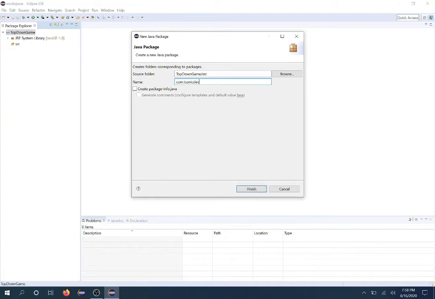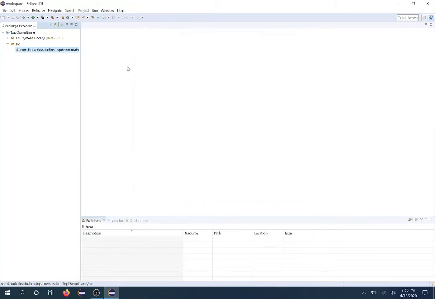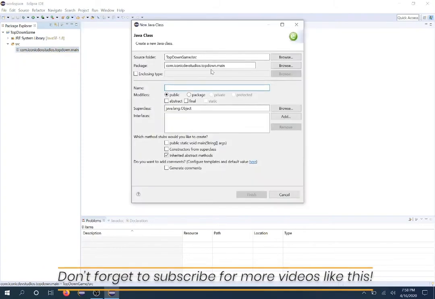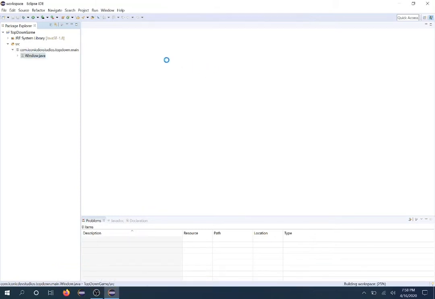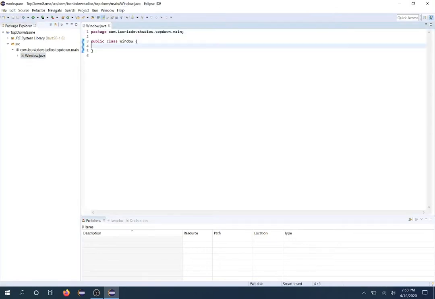So I'm just going to name it com.iconicdevstudios, and we're going to be calling it top down. And we're going to load up a main package. So inside of there, we want our main class, and we're just going to name that, actually we're going to name it window. Alright, so now that we got our window class,